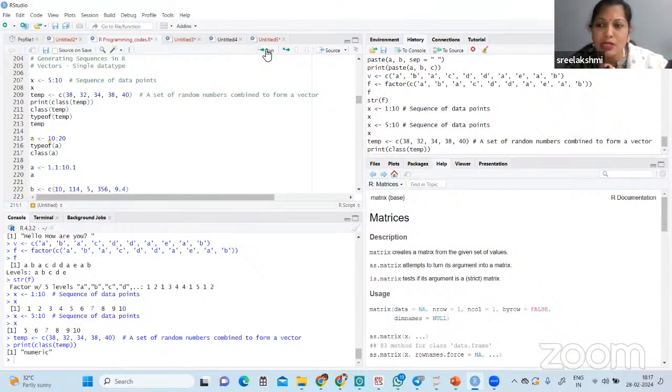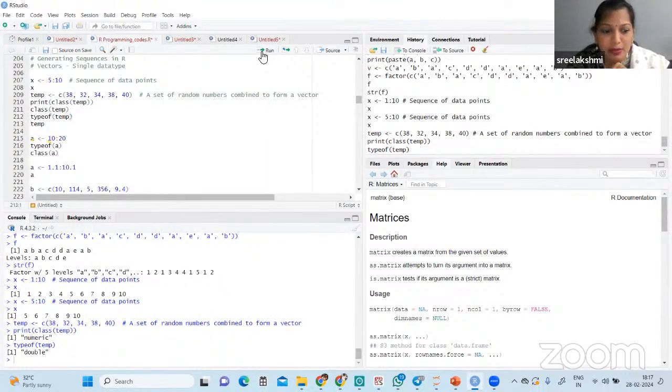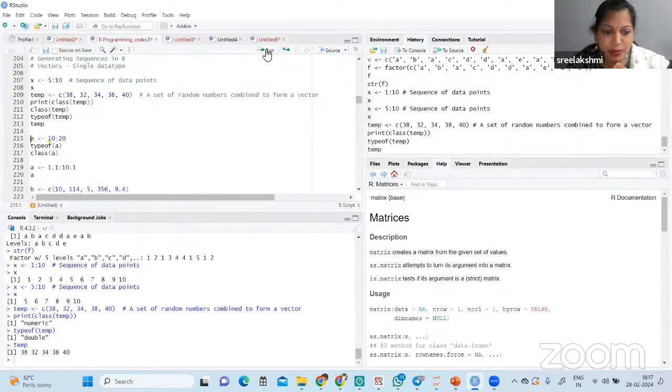And the type of temp is double. When I say temp, it prints the same numbers. But if I want it in a different vector form,